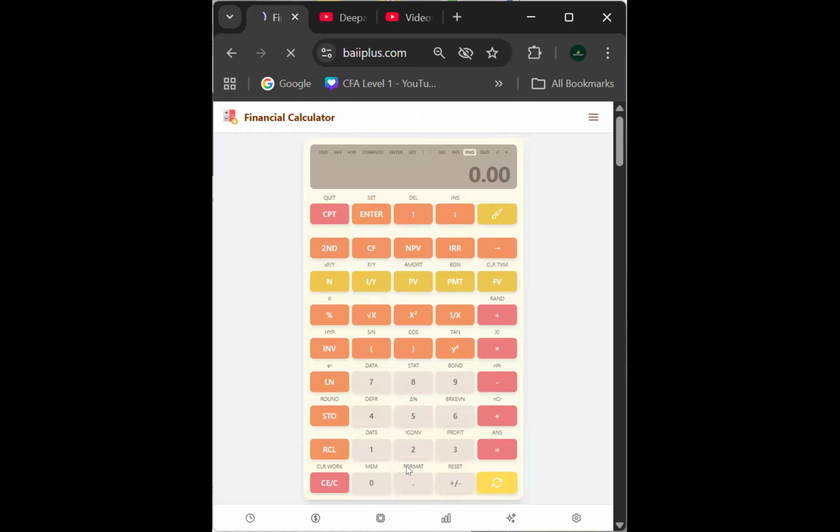In my calculator, I plug in the numbers: 1.6 multiplied by 1.433. Now I square root it, 1.51. Now I subtract 1 from this, which gives me 0.51. I multiply this by 100 to convert it into a percentage. So 51.42 is my time weighted